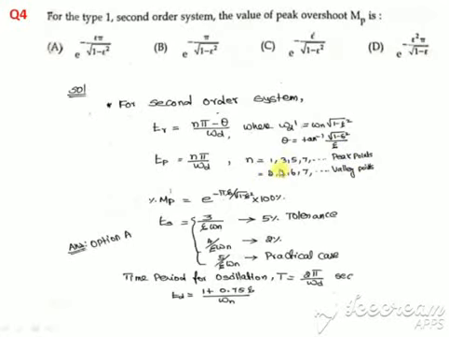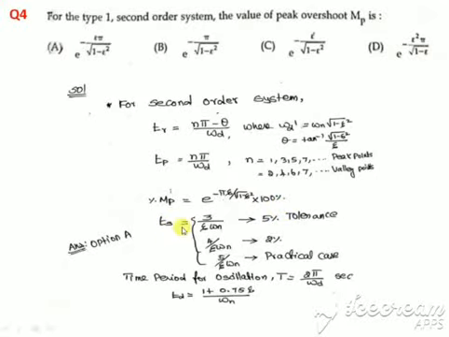So n equal to 1 means we get the first peak overshoot, n equal to 3 means the second peak overshoot, like that. Here n equal to 2, 4, 6, 7 means valley points or undershoots. The first undershoot, the first valley point, is n equal to 2, and the second valley point is n equal to 4, and it goes on. This is maximum overshoot: e power minus pi epsilon divided by square root of 1 minus epsilon squared, into 100.